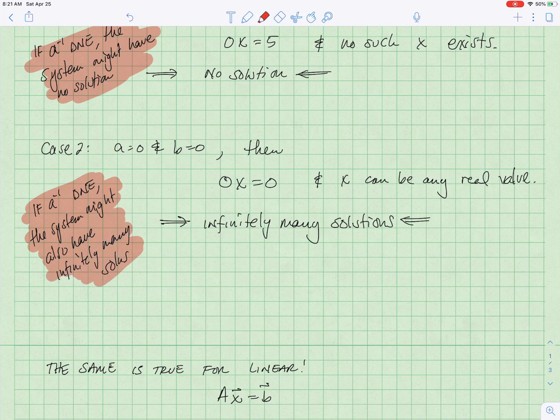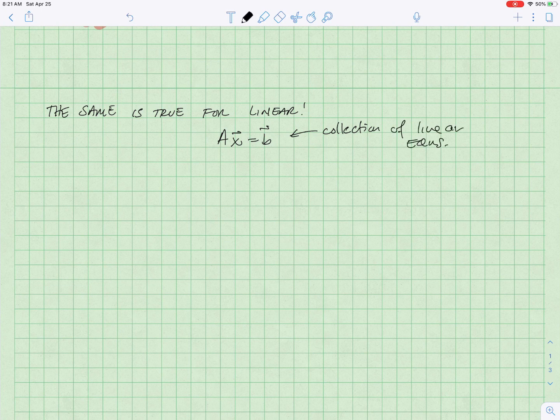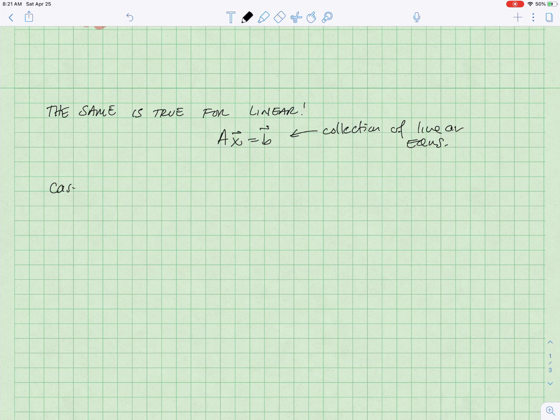There's two different possibilities. So let's take a look at these same ideas for our linear class. We're really looking at this macro version of a bunch of linear equations. This is a collection of linear equations. And we can actually treat it the same way. That is to say, case 1, if A inverse exists,